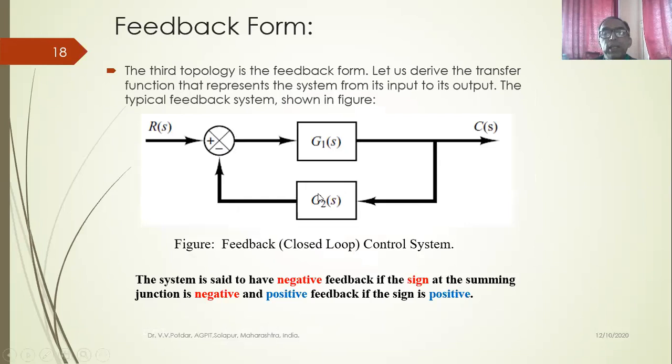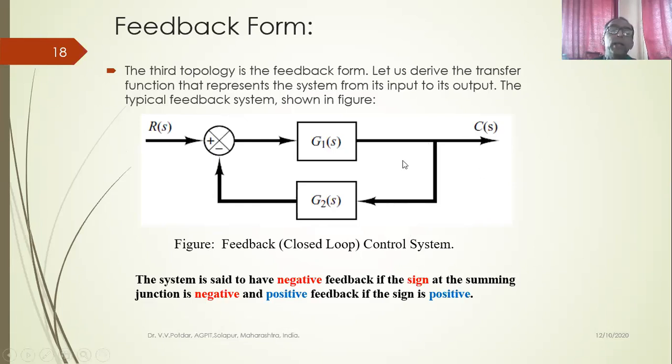Now here actually there is a small mistake. Conventionally, nothing wrong is there, but I should use the symbol H for feedback path elements. So here by mistake it is given as G2s. No matter. But conventionally I should use the H symbol for feedback path elements and the G symbol for forward path elements. So this is called the forward path. This is called the feedback path. This is the reference input. This is the controlled output.